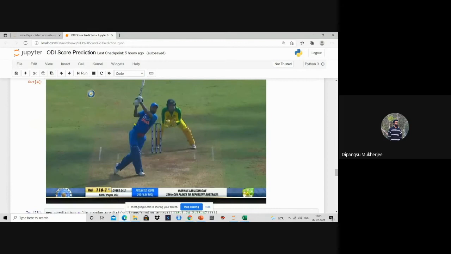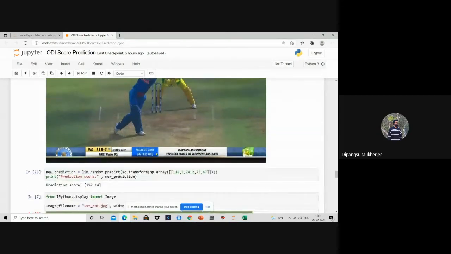You can see here the match is going between India and Australia, the first Paytm T20 match. India scored 118 for 1 after 24.2 overs, and they are projecting that the score will be 242 after 50 overs.